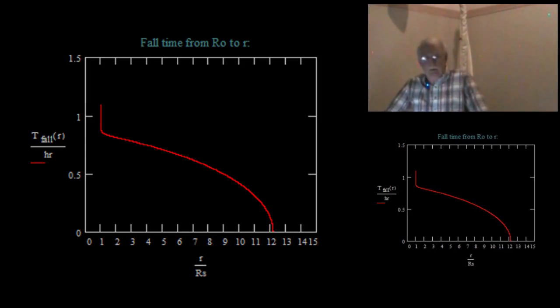And people who write textbooks will tell you, oh, it doesn't matter that it takes an infinite amount of time in these Schwarzschild coordinates to get to the event horizon, because in the particle's proper time, it's a finite amount of time to get there. And that doesn't hold water if at the event horizon time stops for the particle. And we're not really interested in the particle's time. We are interested in our time,